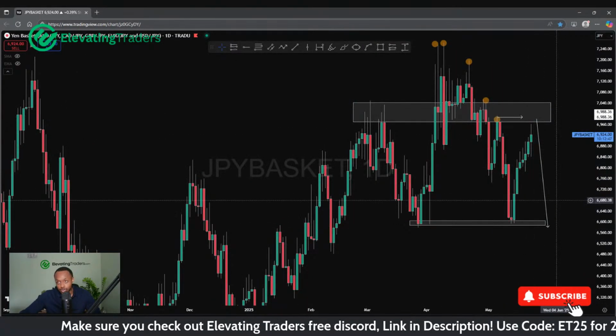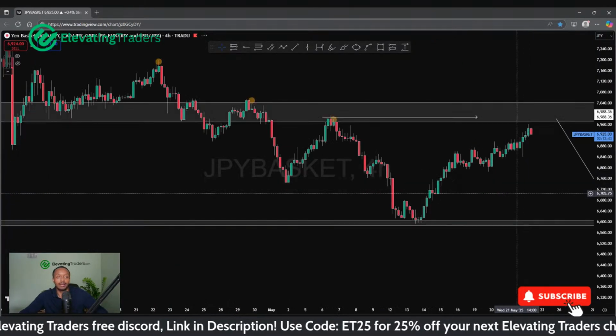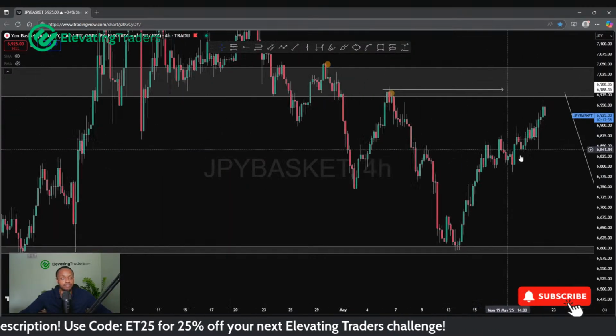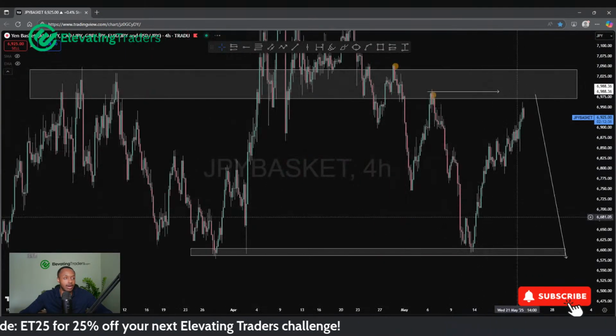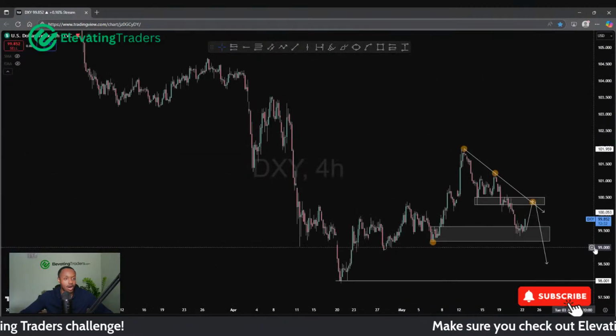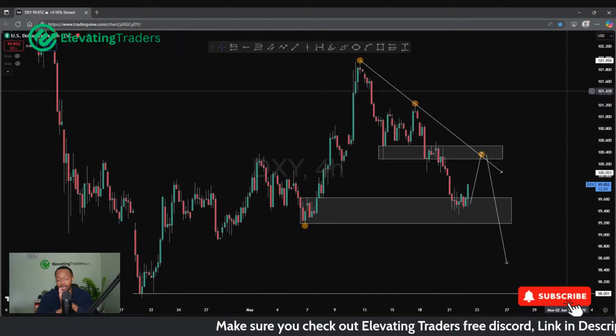So if we do see a push down, that does imply yen weakness, which of course should imply upside for the yen pairs. So dollar yen, pound yen, euro yen, push up. But for now, I do think the basket can push down. And of course, another metric to keep tabs on is the DXY, which at the moment is pretty bullish. And that's probably what's giving us the bounce there for dollar yen.